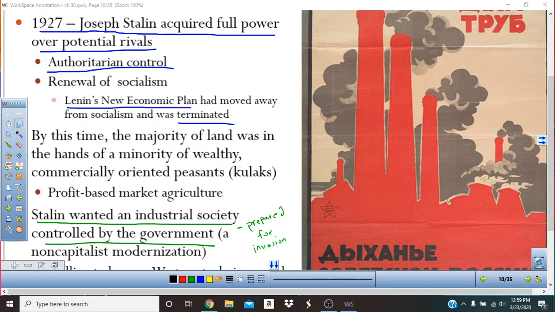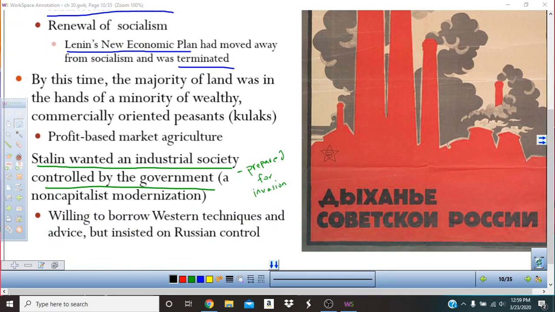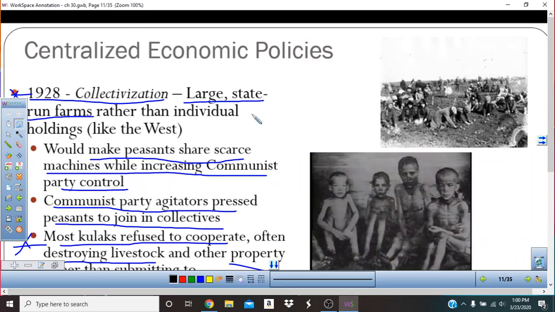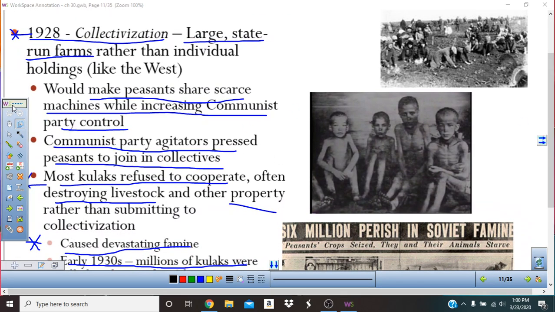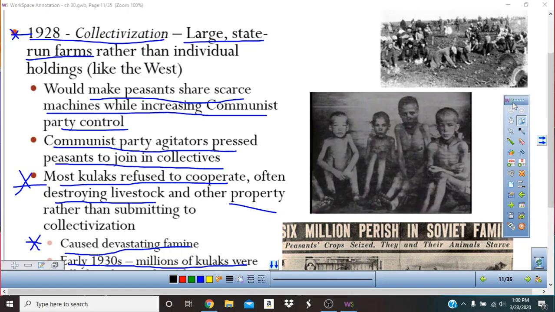In 1927, Stalin has acquired full political power. Guess what? New economic policy is going to be terminated. Right? And Stalin wants the entire industrial sector to be controlled by government. Every industry, every factory to be controlled by the Communist Party governments. This is one of the most important slides right here. This will lead to many of the deaths